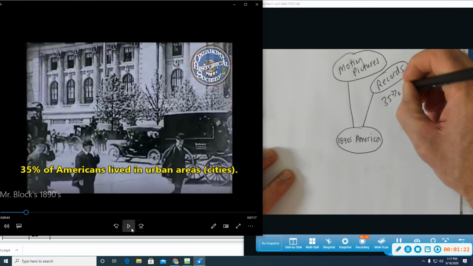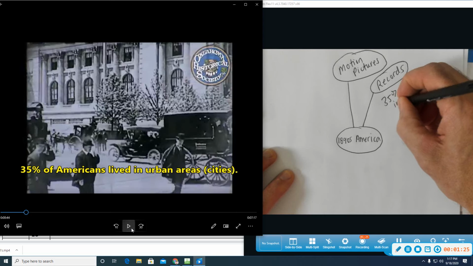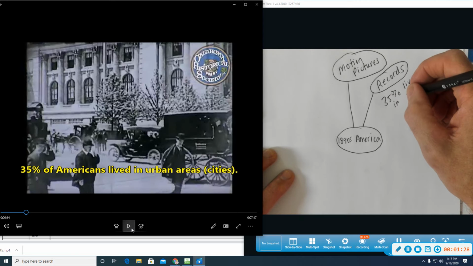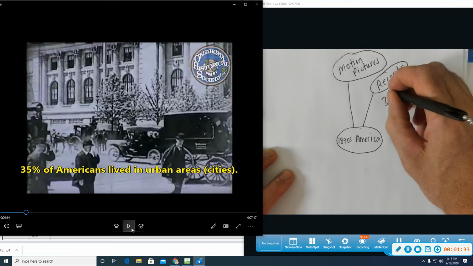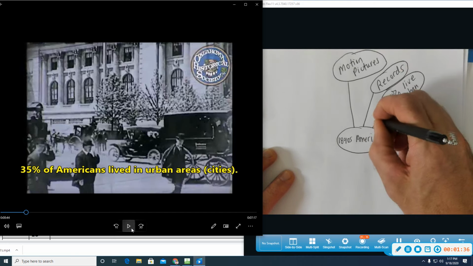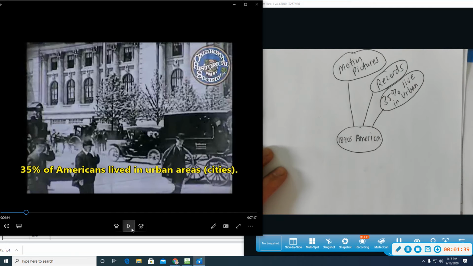Where do people live? Cities, and cities we call that what? Urban. There's going to be a big movement. Immigration, people coming from Europe, moving into the cities, and people moving from the countryside to the cities, and that's called urbanization. From the countryside, rural, to the cities, urban. And that's a high percentage for those years. It was far fewer before because most people worked and lived on a farm. So it's changing. It's the industrial period.